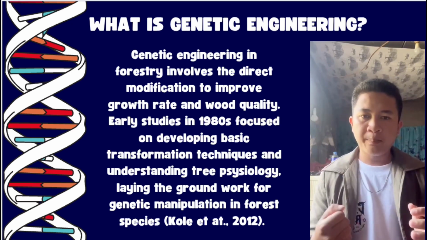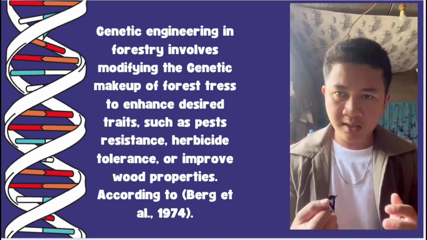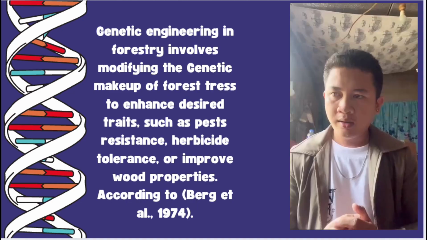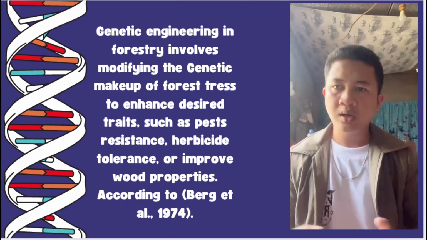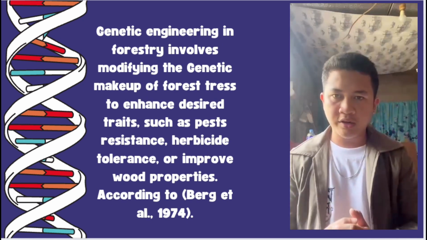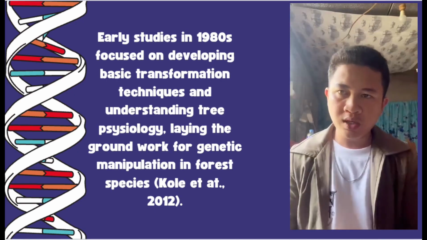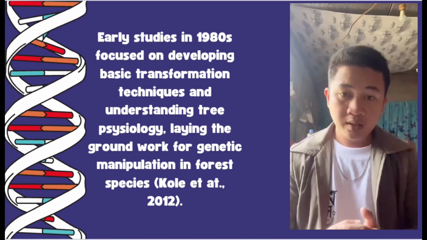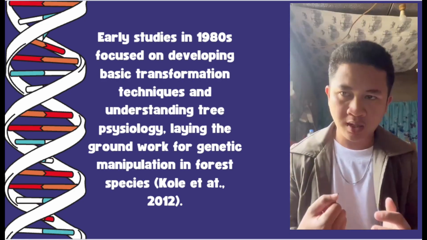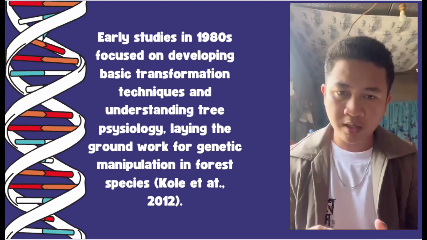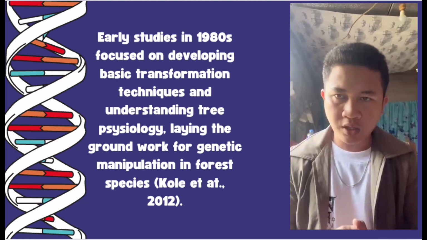of the trees. Number 1, Burge et al. Using the modifying genetic makeup of forest trees by enhancing the desired traits such as pest resistance, herbicide tolerance, or improved wood properties. And number 2 is Cole et al. 2012. Cole is focusing on basic transformation techniques and understanding the trait physiology, laying the groundwork for genetic manipulation